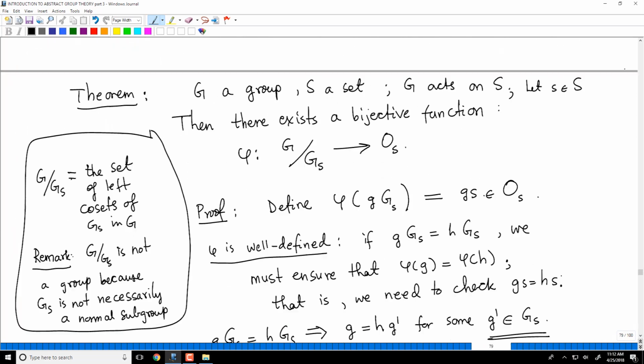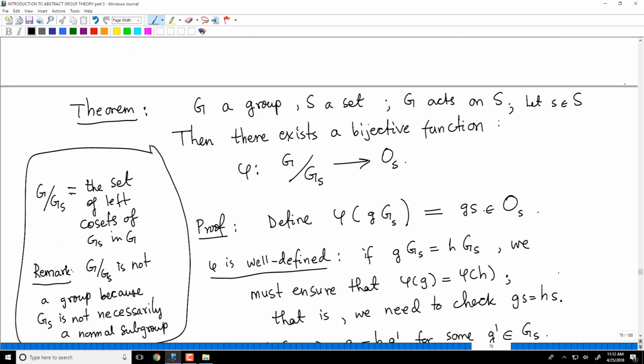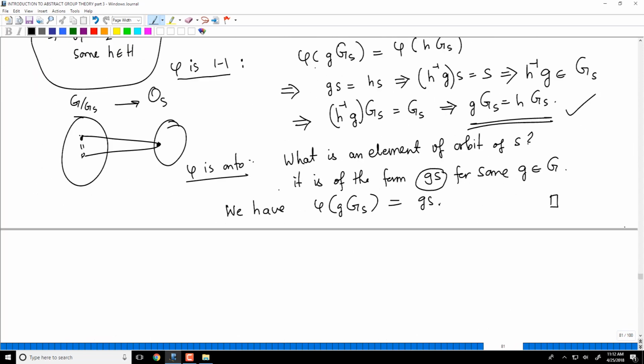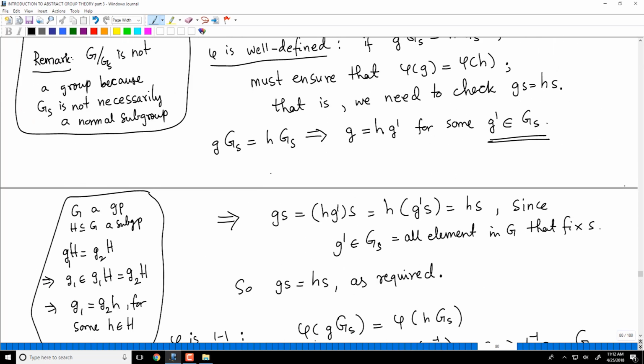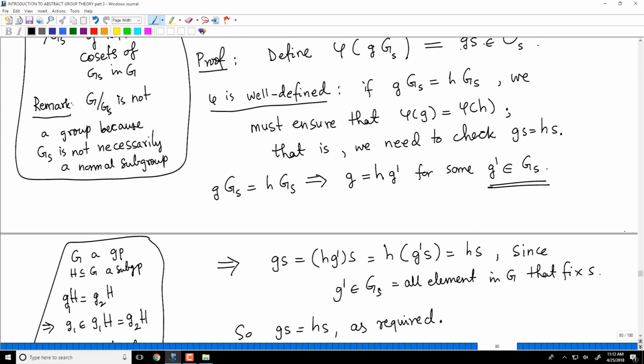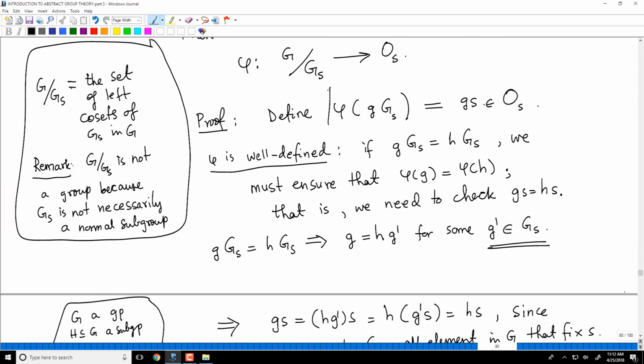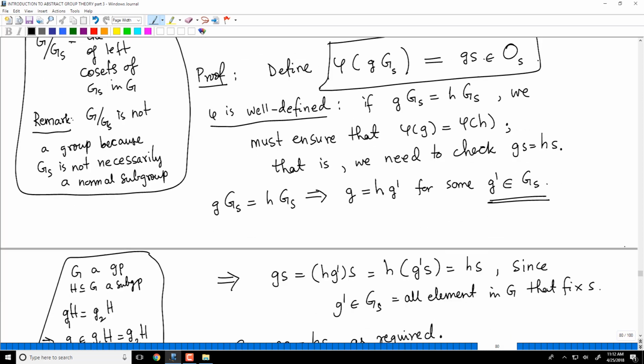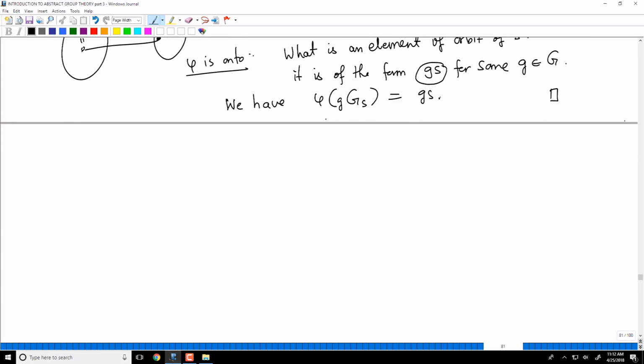So this is how we relate the stabilizer and the orbit. There is a set theoretic bijection. Let me emphasize that, because the orbit OS is just a set, and G mod GS is in general just a set. So there is a bijective map from G mod GS to OS, namely given by a coset gGS maps to g times S. This is the important definition of the function, and once you have the function defined like that, it is relatively easy to check that it is well defined, one-one and onto.